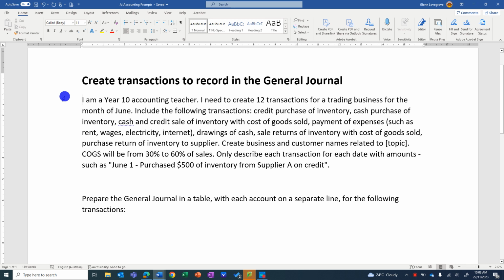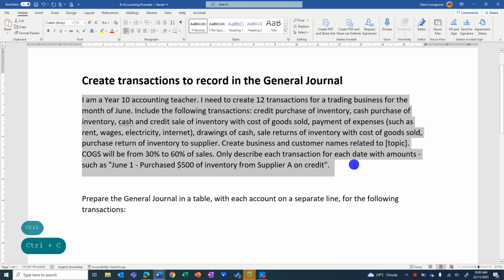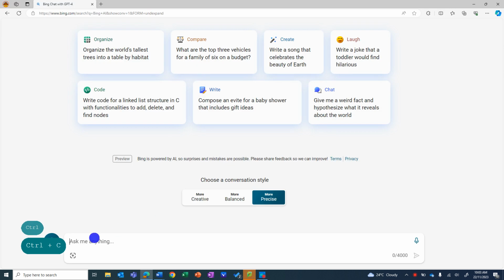Hi, here I'm going to show you how to use AI to create a worksheet for students to record transactions in the general journal. So here's my prompt, and I'm just going to copy this and paste it into the AI. Okay, here I'm using Bing Chat because it generates an Excel spreadsheet later on for the answers, which is a little bit easier to